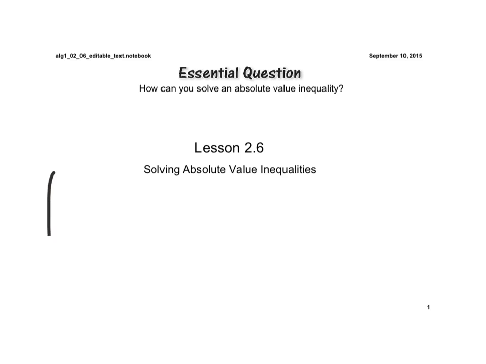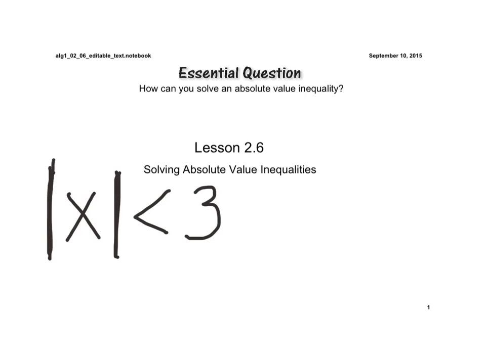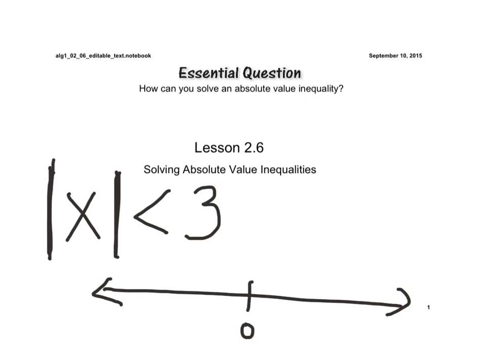If I have just the absolute value of x is less than 3, if we think about what this means, remember these absolute values mean the distance from 0 on a number line. So what this is really asking is, what numbers are less than 3 units away from 0 on a number line? Well, if we look at a number line, we have 0, 1, 2, 3, 4, -1, -2, -3, and